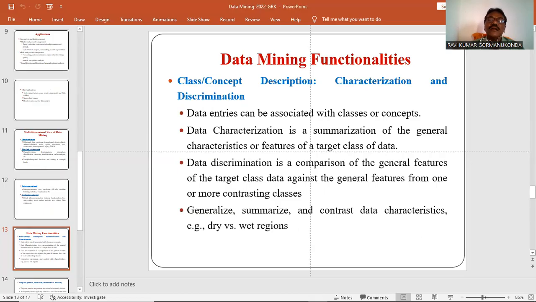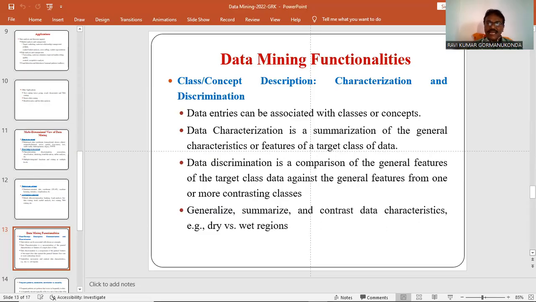These functions are called class or concept description, which consists of characterization and discrimination. Data entries can be associated with classes or concepts.